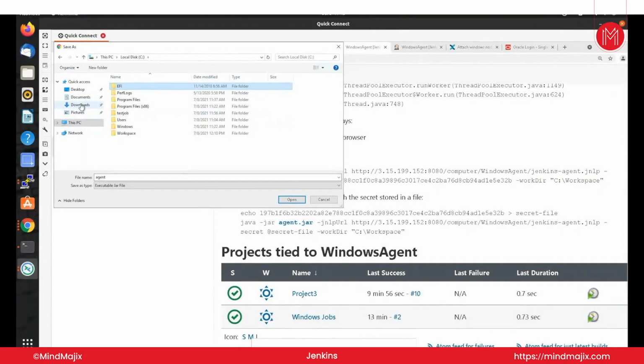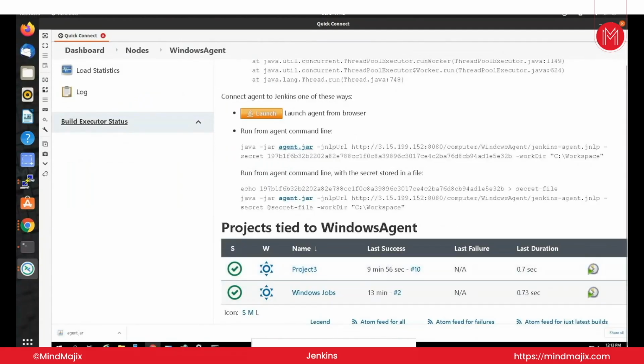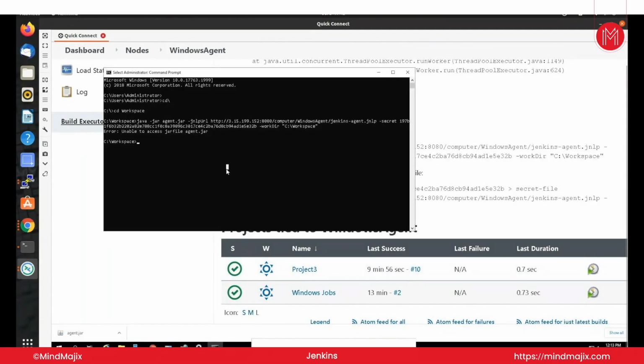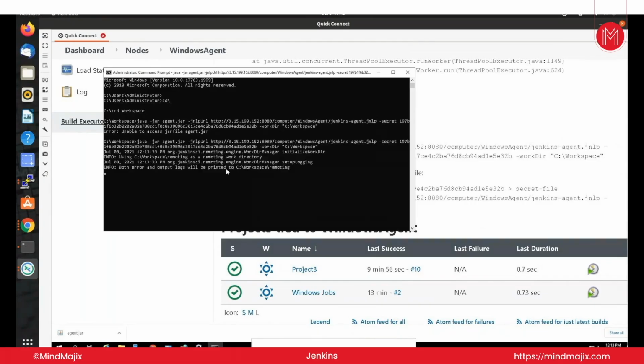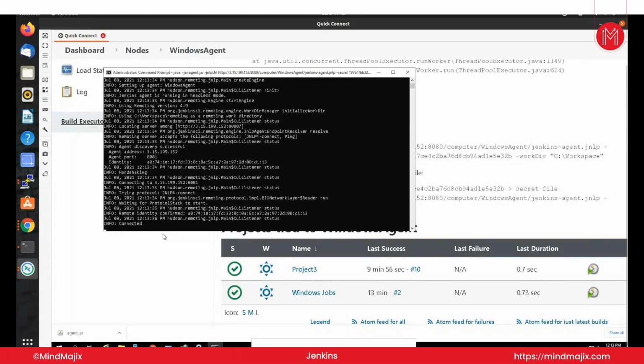Under C workspace, here I will download this jar file. Okay. Let's come back here and try to rerun the command. Up arrow, enter. So now it has taken the jar file. So this is also one of the ways of running your agent. It is saying connected now. So if you come back,